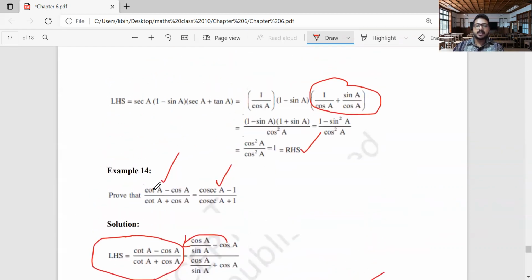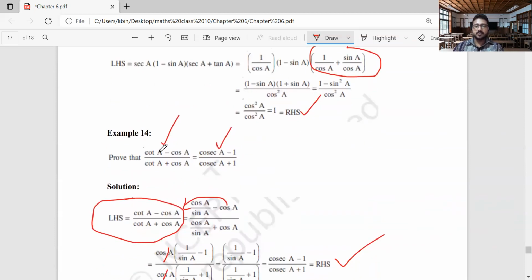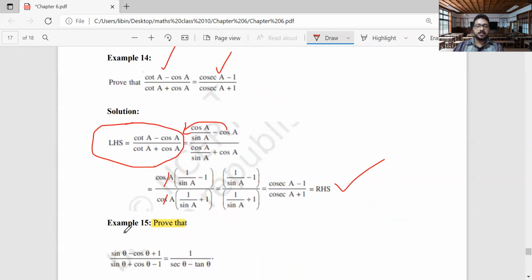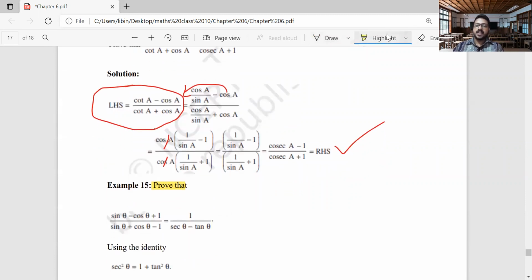So how are we going to solve this? Because in the previous examples we have just converted cot and cosec into sin and cos. But look here, you are directly given sin and cos. Then how will we proceed? Let us see. We have to make use of the identity sec squared theta is equal to 1 plus tan squared theta. And you know why we have taken it? Because look at the RHS. It is given in the RHS itself, 1 divided by sec theta minus sin theta. That is why we are thinking in that way.